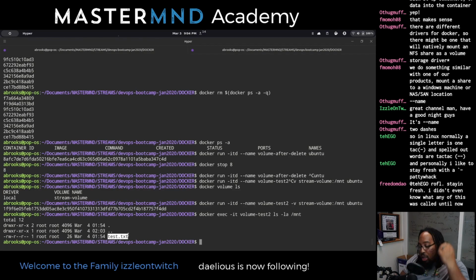You can mount more than one volume to these containers. You can also mount multiple containers to a single volume. So this is how Docker handles this. It allows you to bind a local storage area to the container itself. And again, it's called a Docker volume.